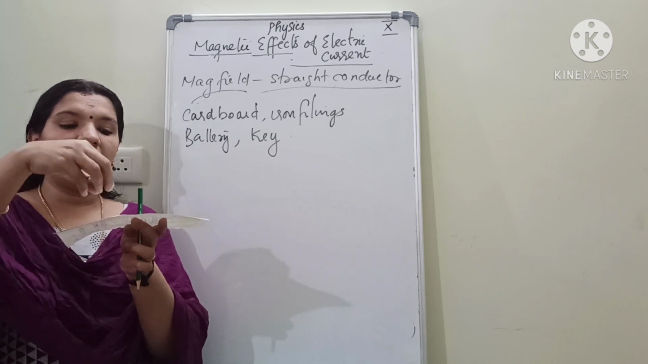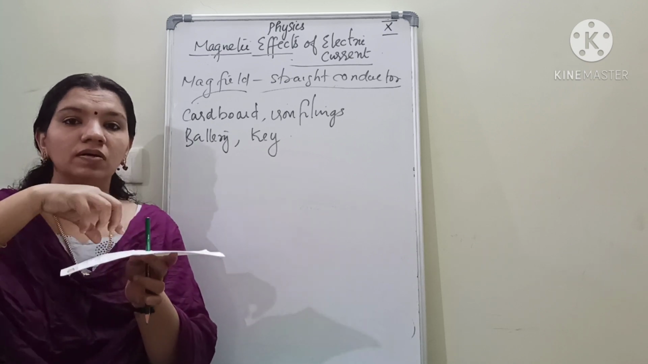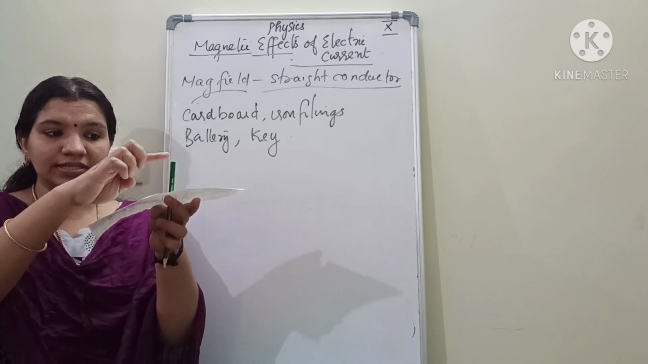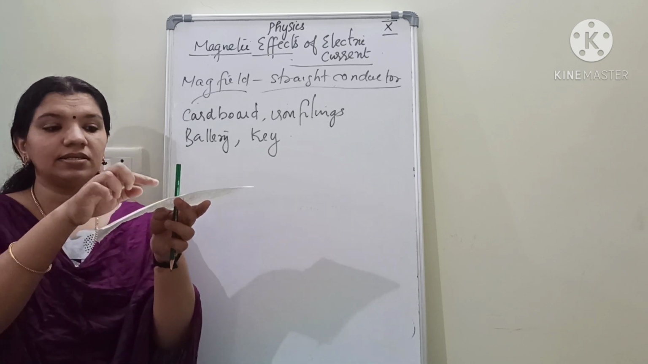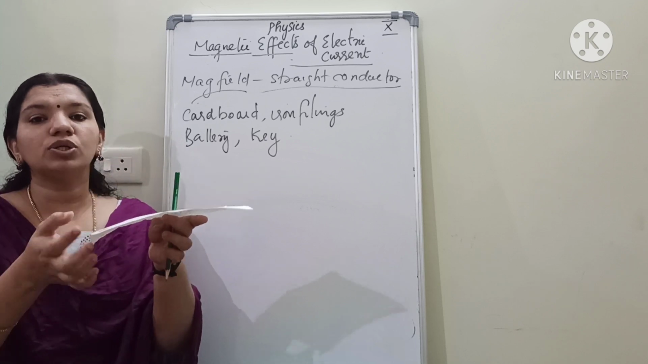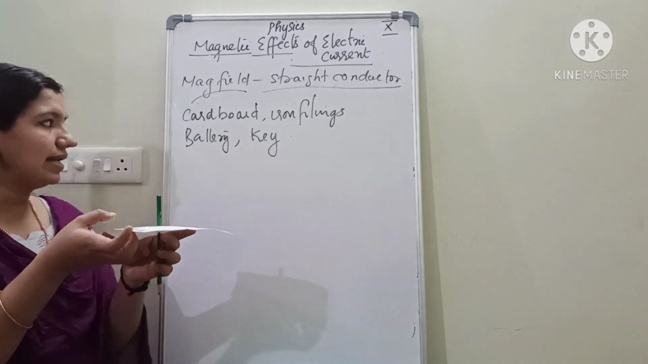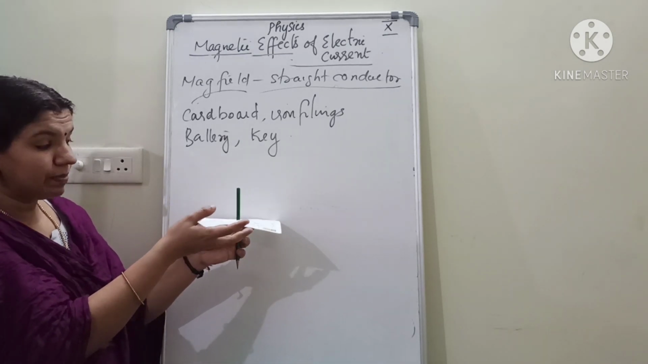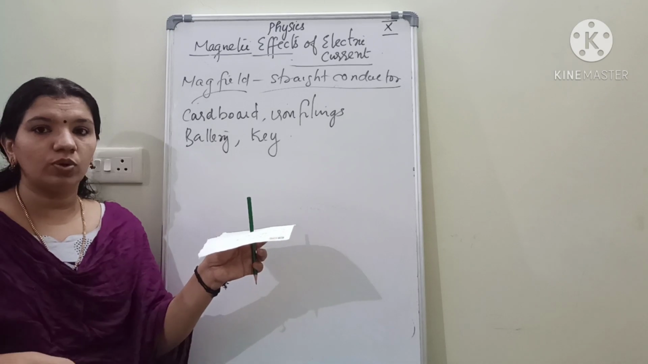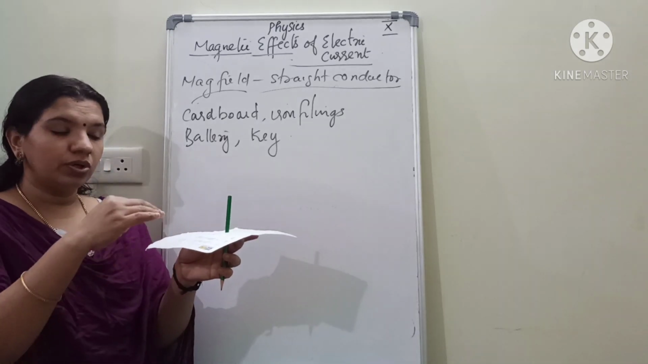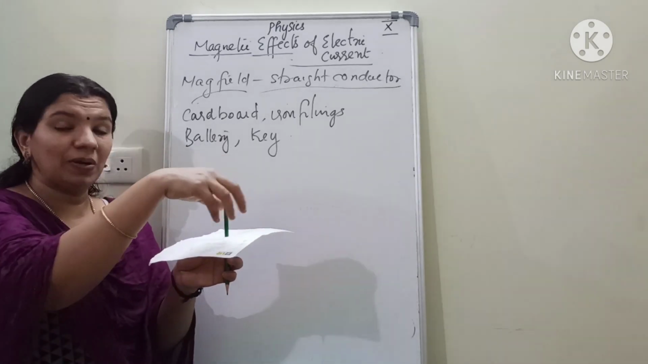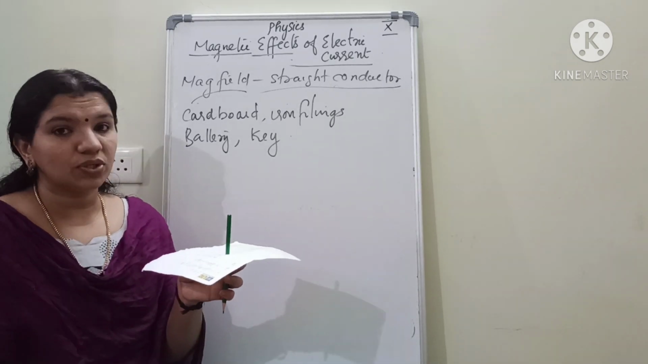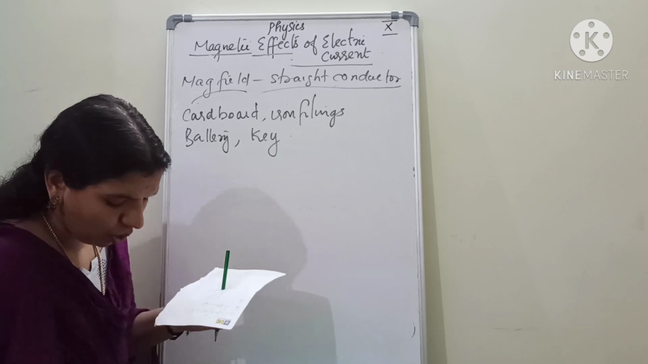Then some iron fillings are spread over the cardboard. Here you can see this straight conductor is actually perpendicular to the cardboard, isn't it? The straight conductor is actually perpendicular to the cardboard. It is making 90 degrees with the plane of the cardboard, isn't it? So when you are sprinkling the iron fillings and when the current is allowed to pass through the conductor, what you observe is that,